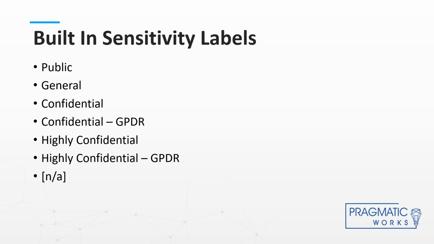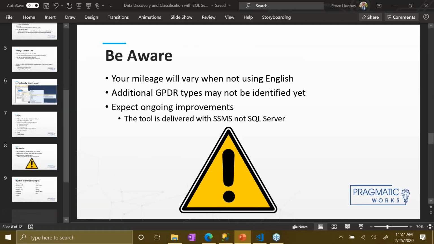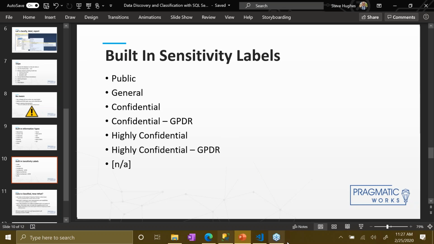So I'm going to stop here for a minute because I want you to consider in your organization, do you already have data classification with sensitivity labels, as well as how you're going to classify the data information types? If you do, then the next part is going to be really important for you to do before you run the classify data tool. It is possible to update the data classification and basically make it so that you can actually get the results that you would like to see in your environment. So let's walk through that for a second here.